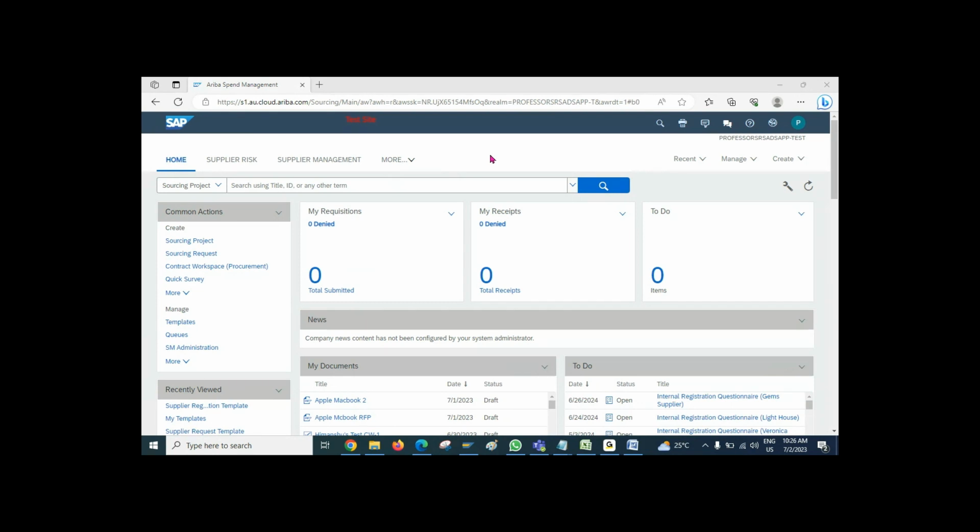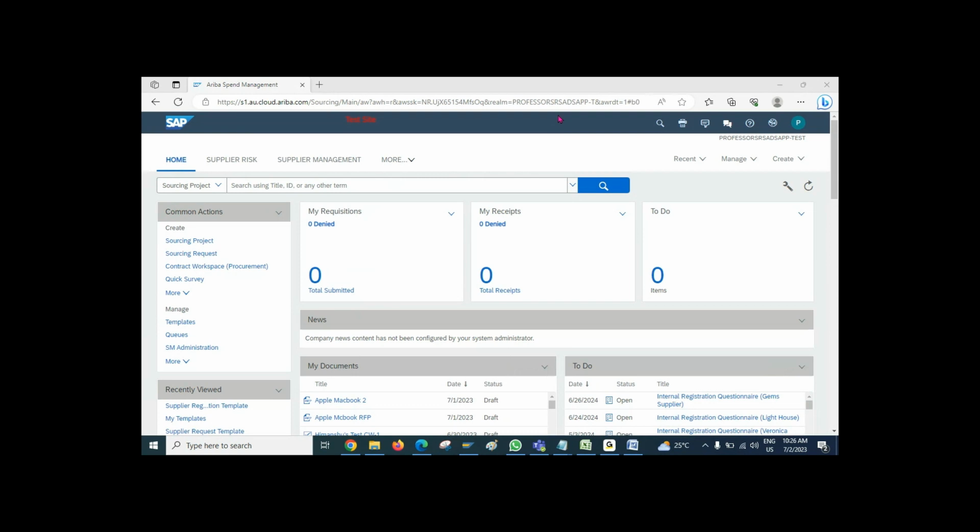In basic terms, we can say SAP Ariba is a cloud-based procurement solution, and it offers a digital platform to customers and even to suppliers as well. They can connect with each other on this Ariba platform and perform whatever procurement process they would like to do. Okay, a simple example you can see here.